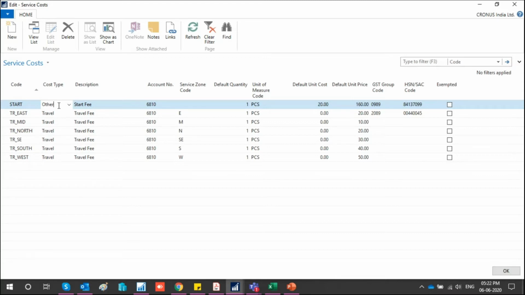These kinds of things, which are additional cost, can be mentioned here and then later tagged to that item. So for example, here you can define the code. Simply you can write the code, whatever is fine with you. And the cost type, you have three types, which are defined by NAV. You don't have a master of that, so you can't create any extra. So travel, support, and other. For example, you're traveling to a particular location, then it's quite obvious that I'll charge 100 rupees. Now for support, just for the support, I'm providing support for this.